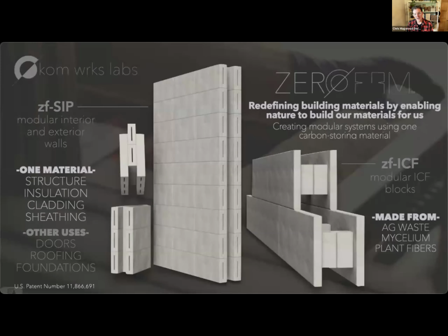To me, it's really exciting, and I'm really looking forward to helping Okom take the great research into mycology and the growth that Joshua is doing, and John's incredible work on form and structure, and bringing my experience in the construction world to say, well, these are the kinds of products and the kinds of forms that this material could show up in that would be really useful to builders and designers to move this material into wider use. So I'm really excited about what the future holds for Okom,